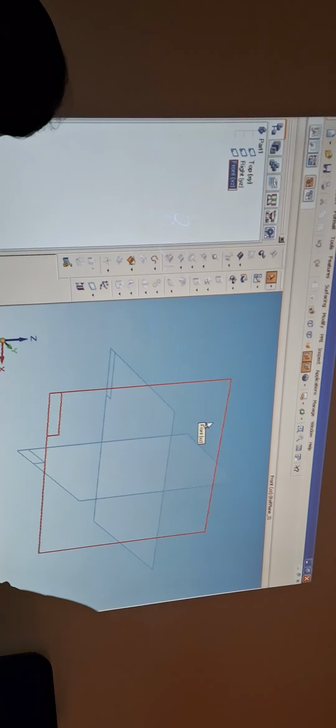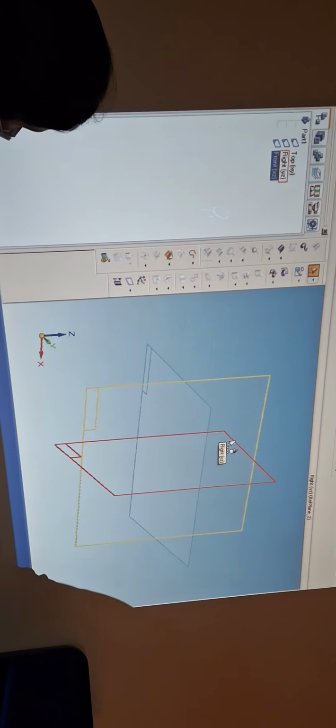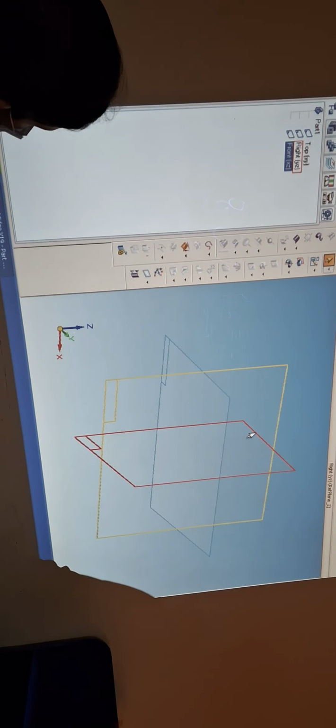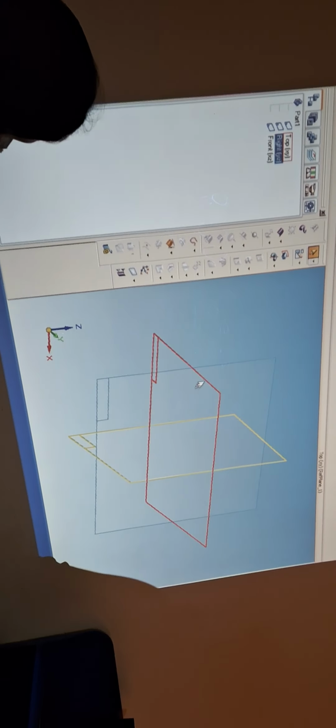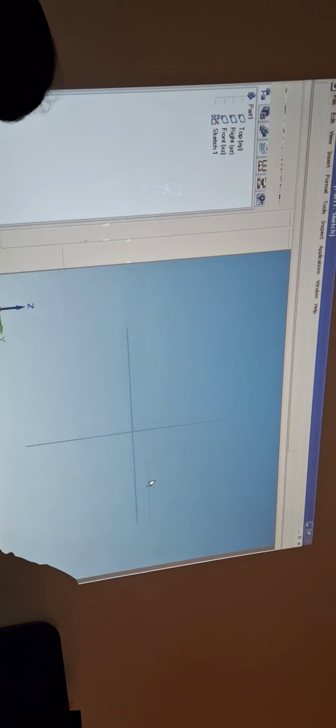Now the front plane profile I am going to do. Either you can select front plane or right plane. So I select the right profile plane for this, and go for sketch. Select the right profile plane. It will come to the working environment. So now I am going to draw a profile of the front view.